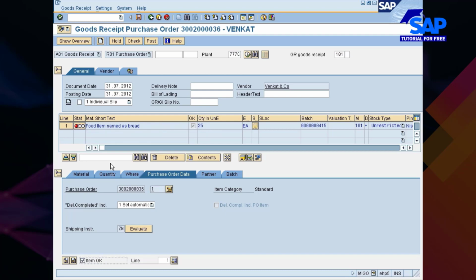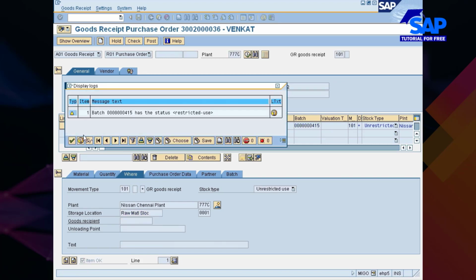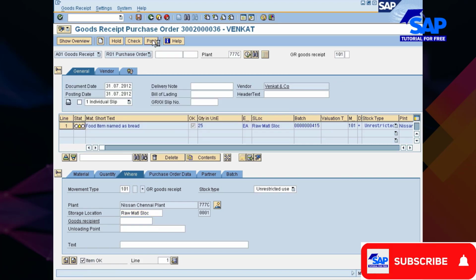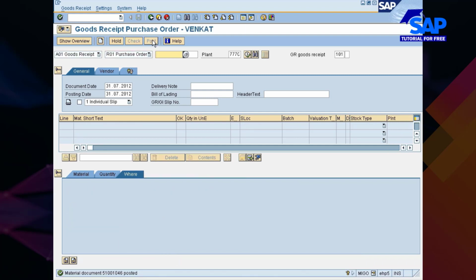If the batch number is not maintained in the PO, then it's a different case where you can maintain the batch number in the goods receipt. So these are the two cases where you can assign the batch number for the incoming material. That is, the first place is at the time of PO creation, or the second place is at the time of goods receipt. Isn't it? Now